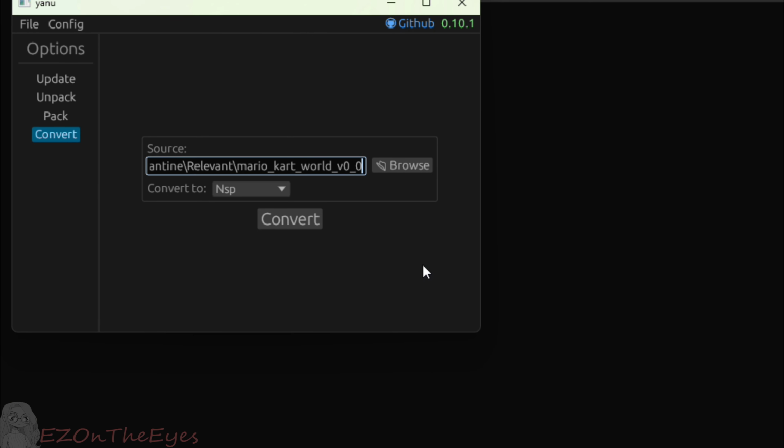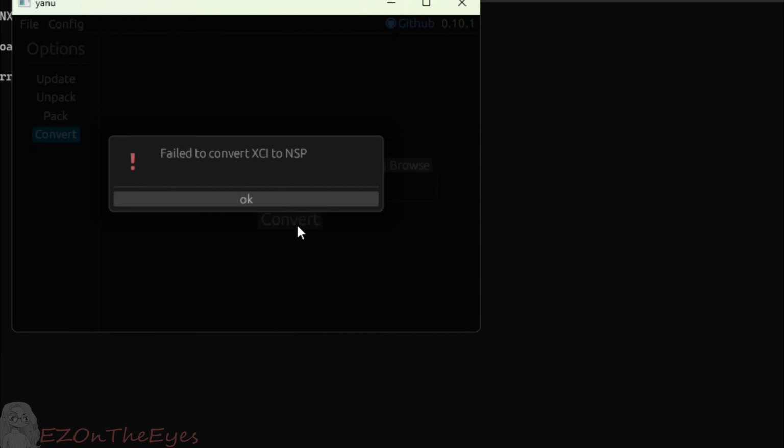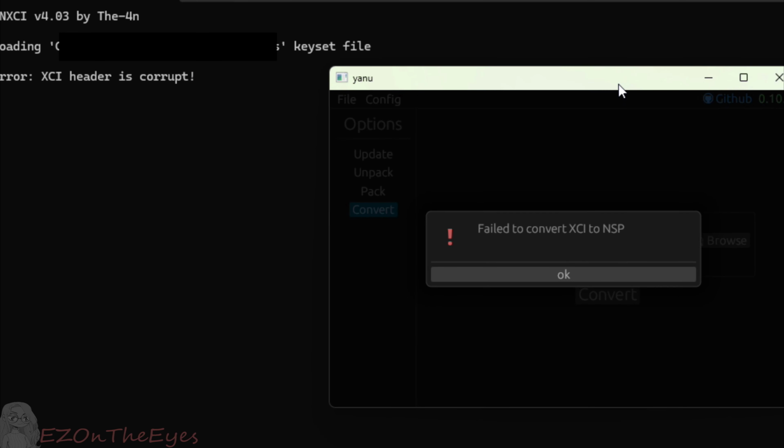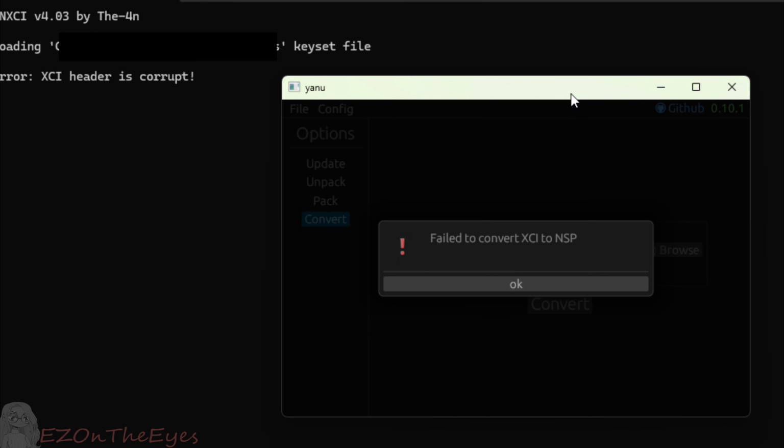When attempting to analyze the supposed game cartridges themselves in the program analysis tool Yanu, yet another NSP updater, we start to encounter issues on converting files so we can extract and view their contents. When attempting to convert these XCIs into NSPs, the needed format for proper extraction to view the inside of a cartridge, we receive an error from Yanu.